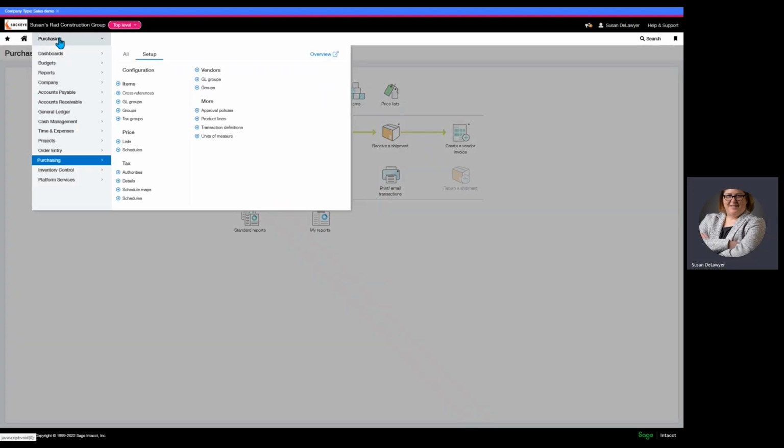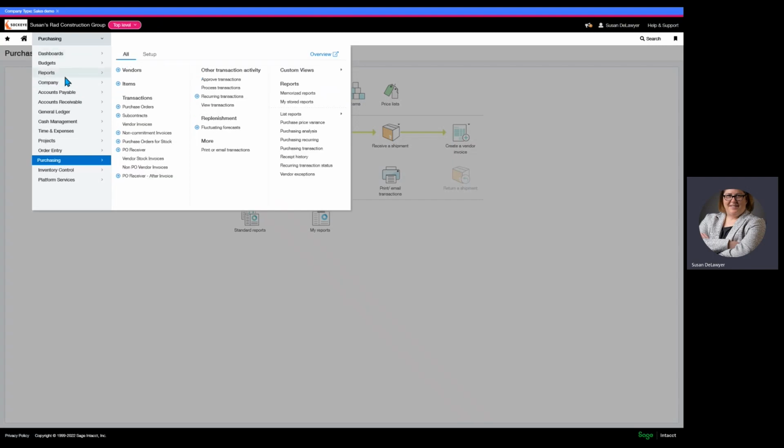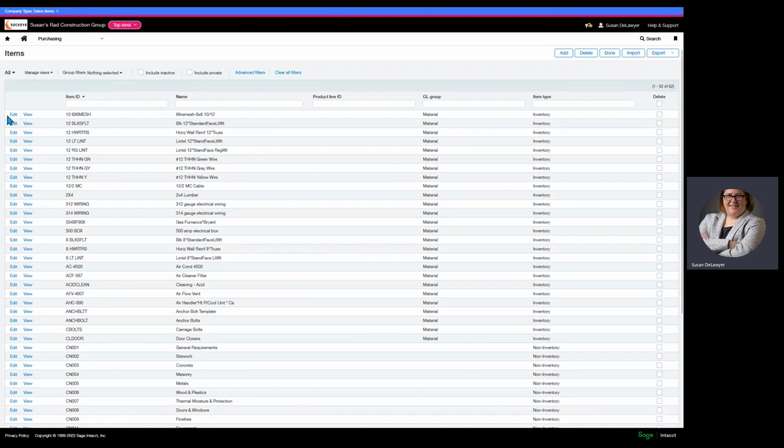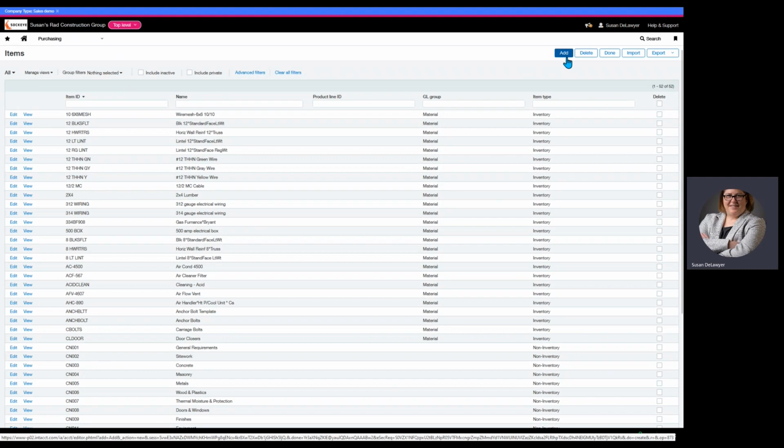So if we go back to our menu, we will see there is a combination of plus signs and words. Words can all be clicked into, and that will take you into the data object. If we click into that, here is our data point. We have items. We're going to see this add button up here at the top right